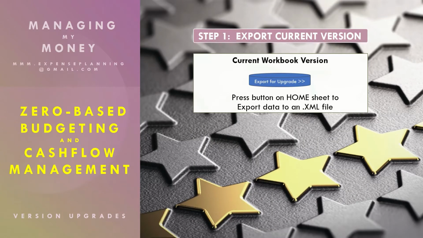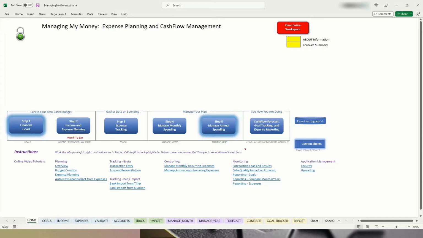The first step is to open the existing current workbook that you have before you get the new one and export the data to prepare for upgrade. So on the home sheet, you will simply press the export for upgrade button, and I'll give you a demo of that right now. So just on your existing sheet, navigate here. It has all of your data that you plan to upgrade to the new version, and click this export for